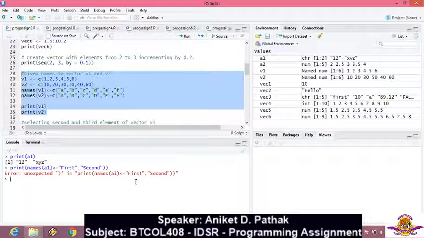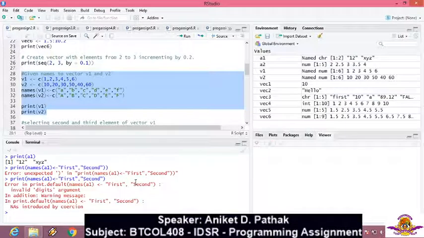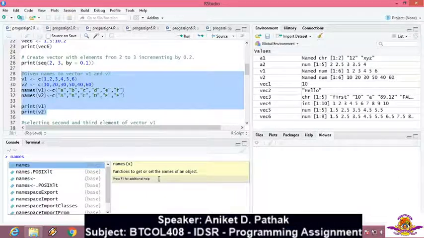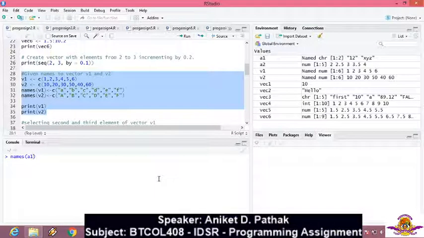Unexpected closing. So the closing brackets, are they sufficient? I think we have missed out. So let's try to execute it again. Default names, that is not working. So let's clear the console. So let's do it in the traditional way. Names of A1 will have C.